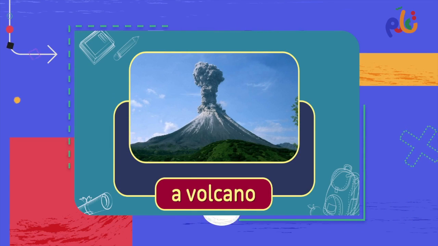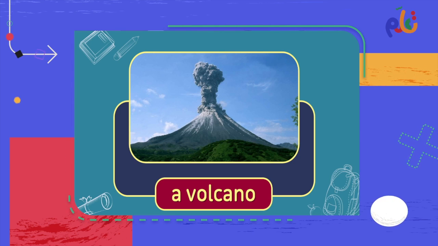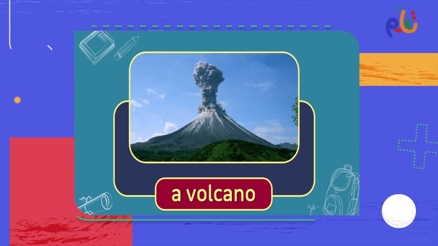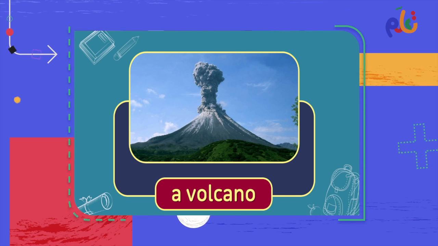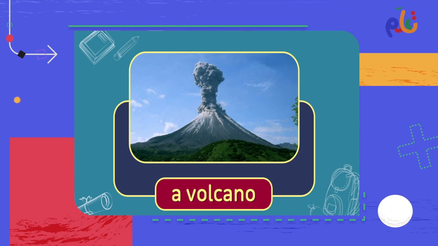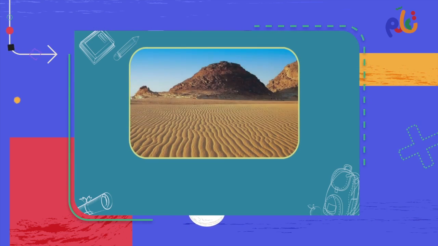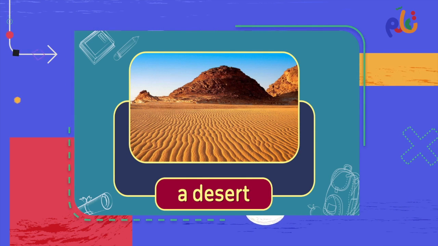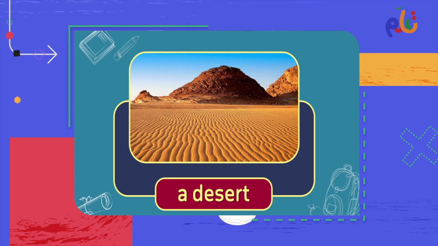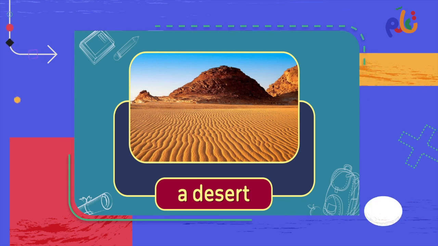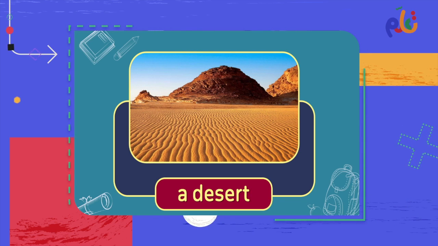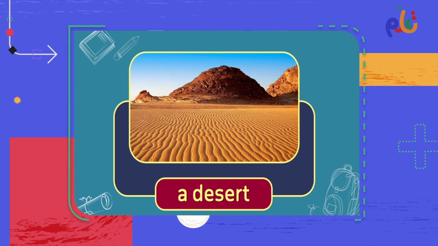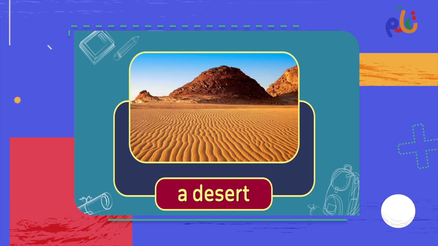And we have a volcano, a volcano. So it's not volca, it's volcano. So the volcano is burkan, which is also very similar to the Arabic word. And we have the empty place that doesn't have any water or might have little water. So this is called a desert. A desert, empty place, no water, and lots of sand. Desert.